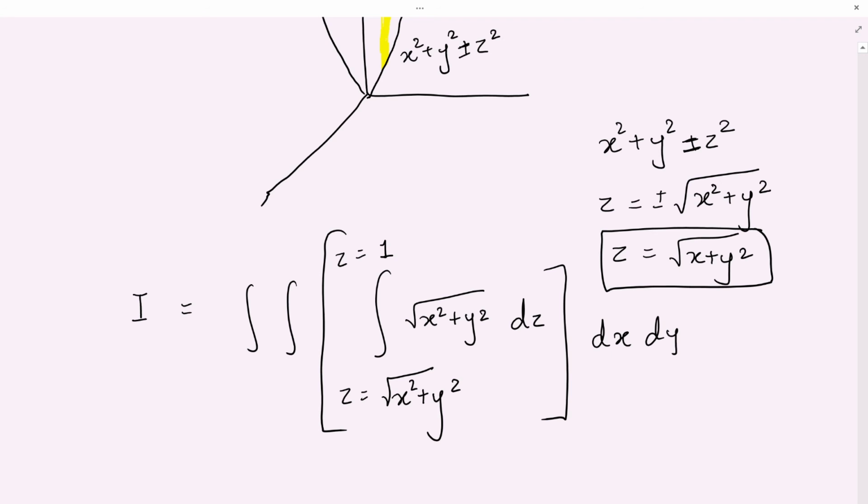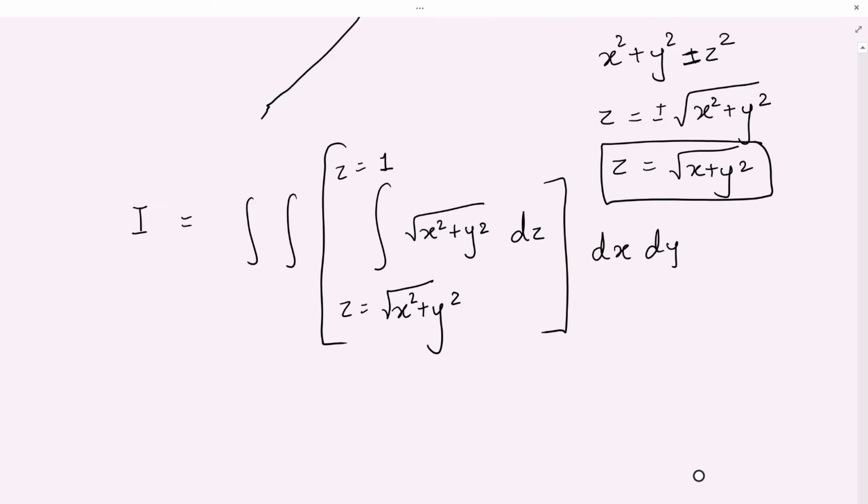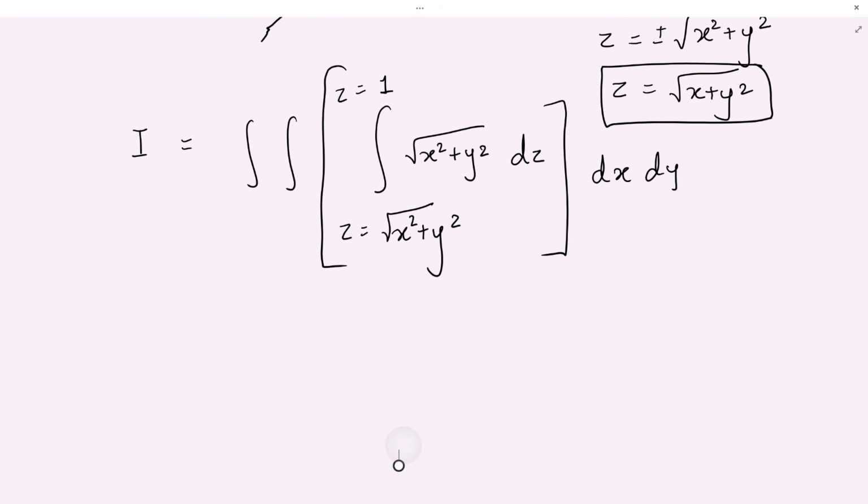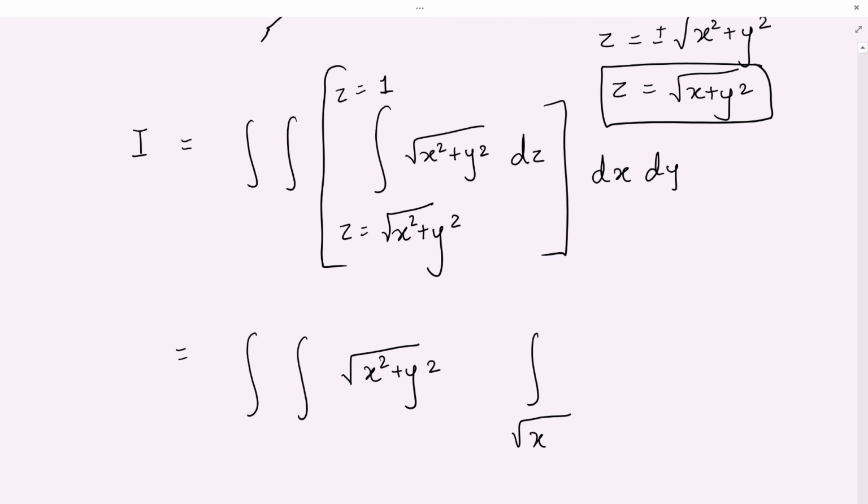Instead of using cylindrical polar coordinates and remembering so many limits, which is very tedious and maybe you won't remember in the exam also, better you find the limits of z first, convert it into a double integral and then solve. You can take this outside, because with respect to z anyway this will be constant. So this is under root of x square plus y square, integral from under root of x square plus y square to 1, dz.